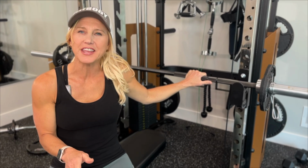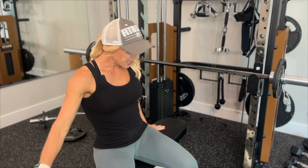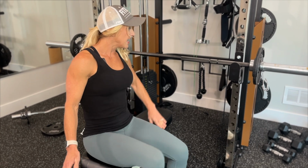I'm gonna take you through a bench press. For a barbell bench press, you don't have to go very heavy. What I like to see is a concentrated movement as you go through. So the setup for this one, I'm gonna take an exercise bench, just a basic bench, and have that up